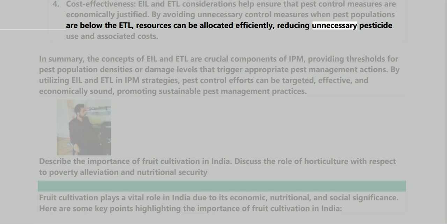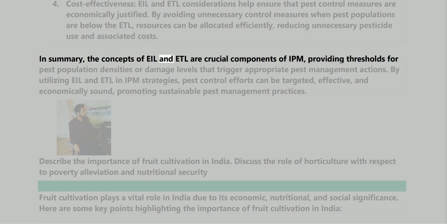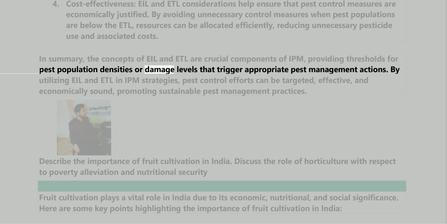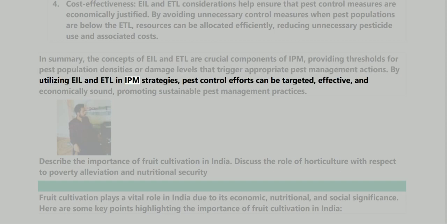use and associated costs. In summary, the concepts of EIL and ETL are crucial components of IPM, providing thresholds for pest population densities or damage levels that trigger appropriate pest management actions. By utilizing EIL and ETL in IPM strategies, pest control efforts can be targeted, effective, and economically sound, promoting sustainable